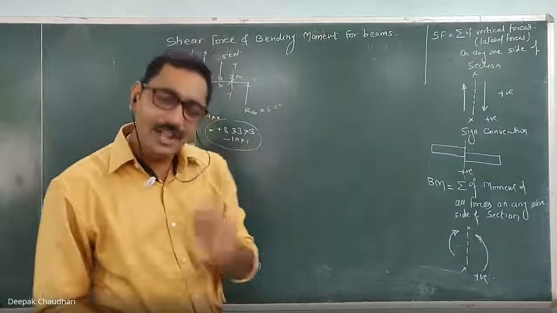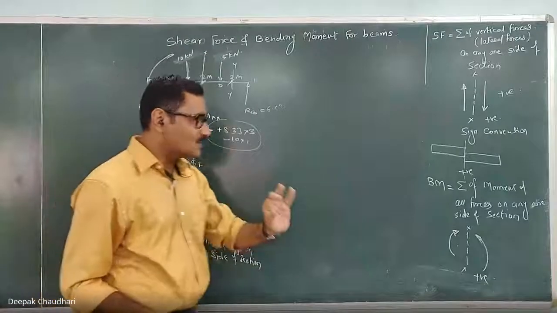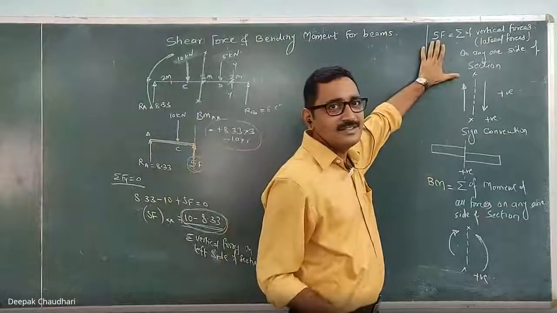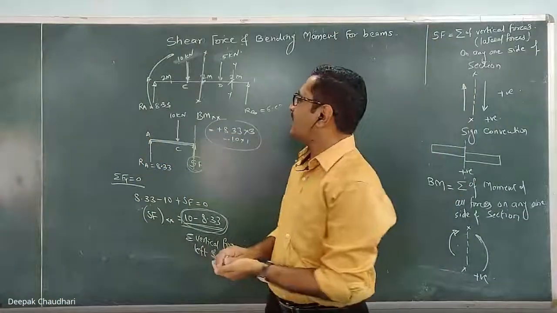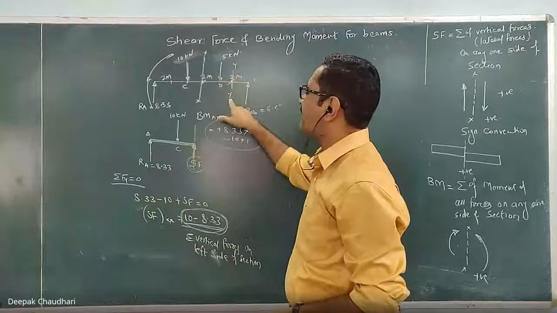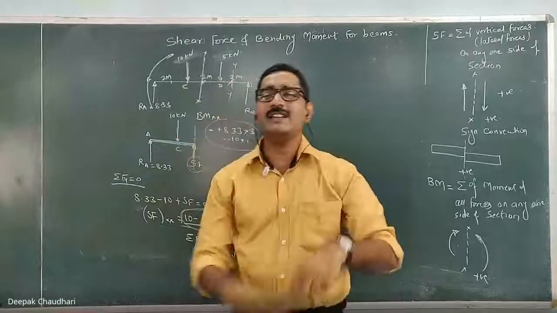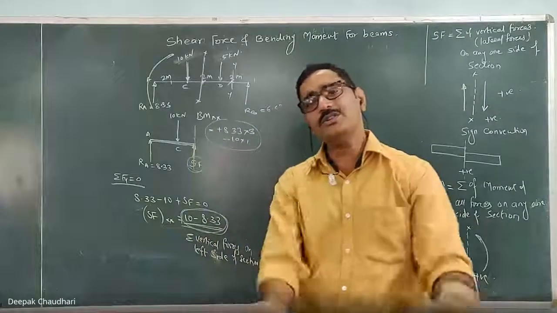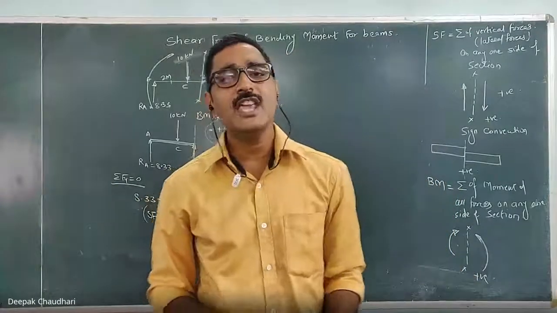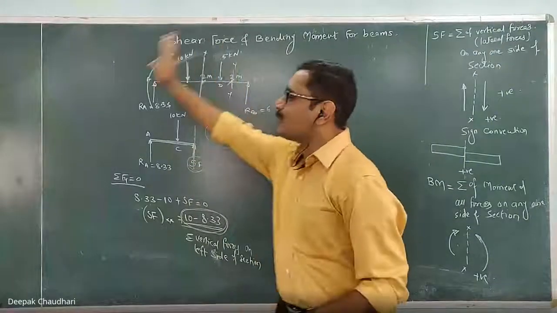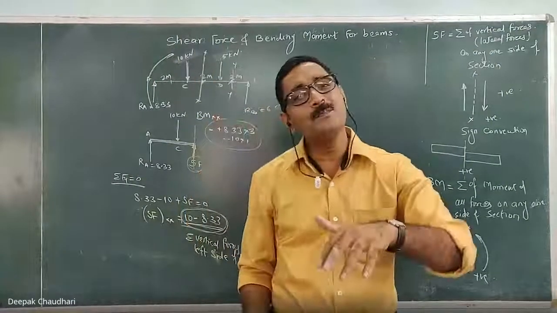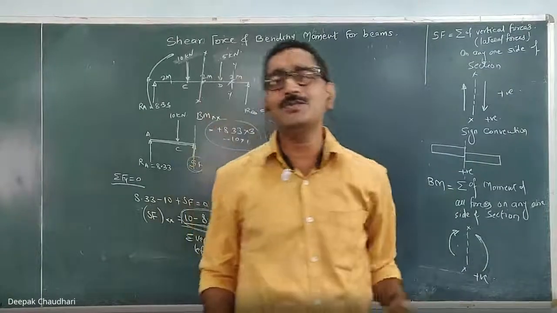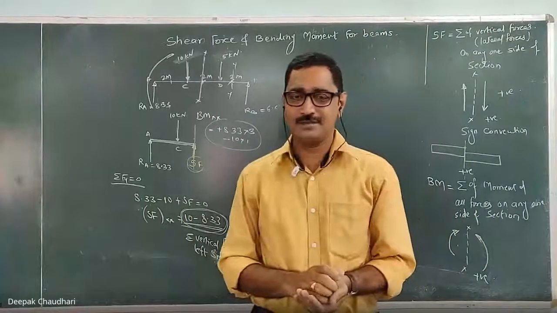Okay, so while solving the sum, whenever I ask you what is the shear force at this section YY, तो वो सेक्शन YY के कौन से भी एक साइड के वर्टिकल फोर्सेस का समेशन ले लो by using the proper sign convention, the value gives you the shear force at that point. If I ask you what is the bending moment, तो उसके कौन से भी एक साइड के फोर्सेस का मोमेंट का समेशन ले लो, that gives you the bending moment by using the proper sign convention.